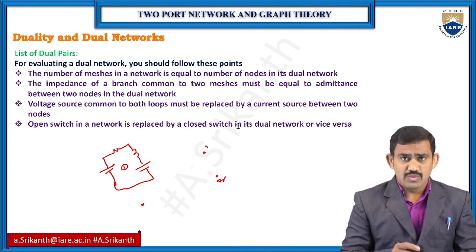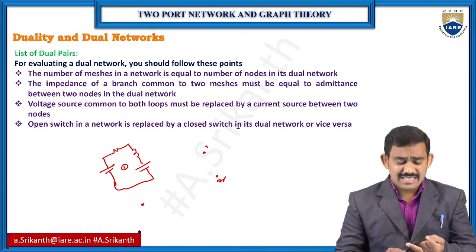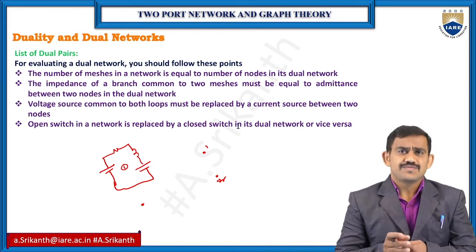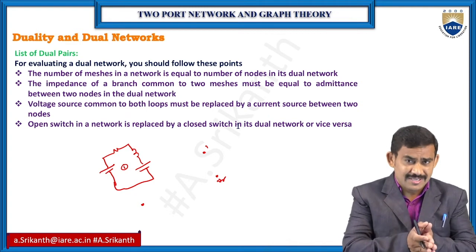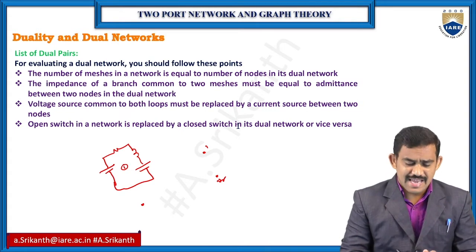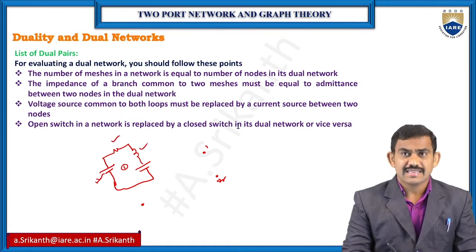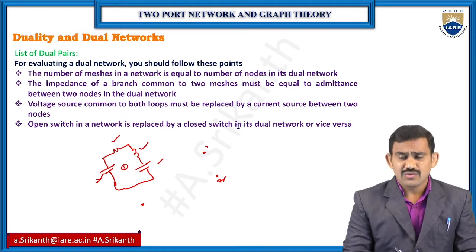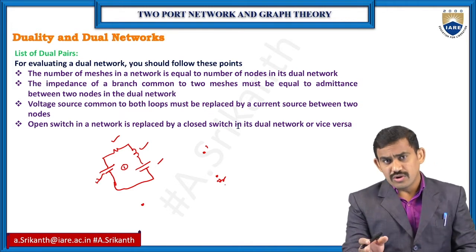Now coming to conversion. Voltage source is converted to current source, resistor is converted to conductance, inductor is converted to capacitor, capacitor is converted to inductor. So that is duality. For each network I have a dual. If you don't have any solution for one network, you can convert it to the dual network and get the answer. Same answer you get. Suppose you have a voltage source, resistor, inductor, capacitor connected in series. Then I have one loop, so for this one loop I have one node and it creates one reference node. So loop is converted to node.